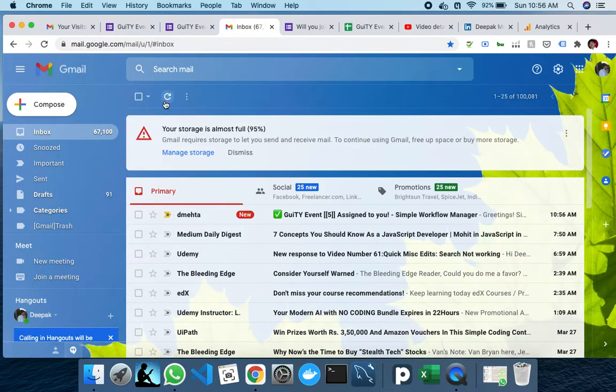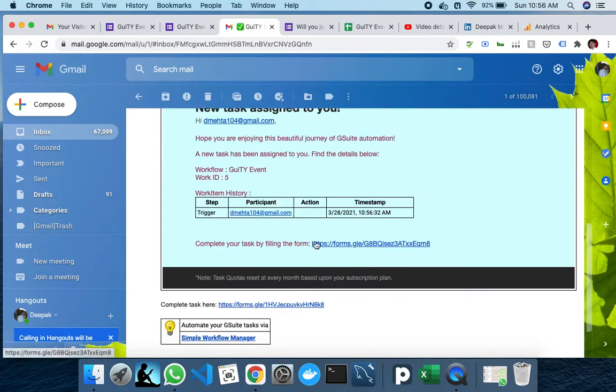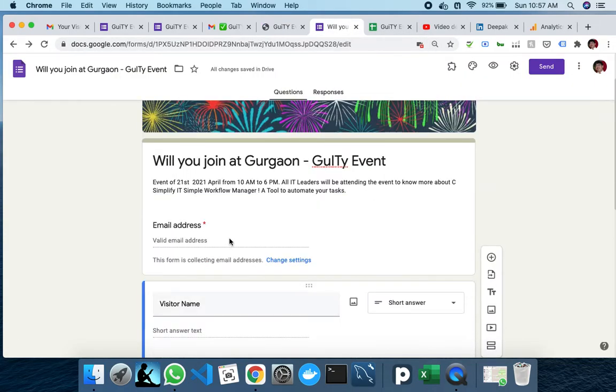So we should be able to see it now. Yes, now we are seeing it. And again I will get this invitation form at dmehta104. I open this form. I give my details.